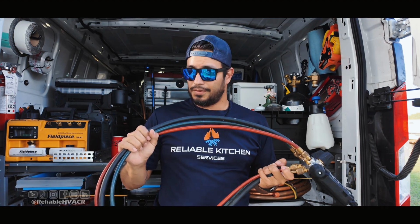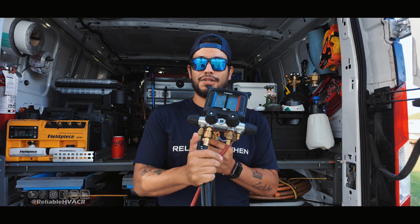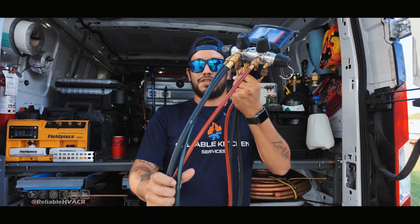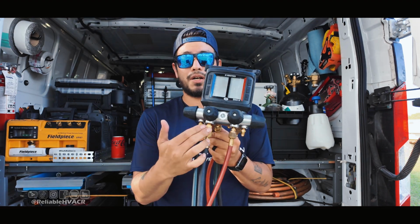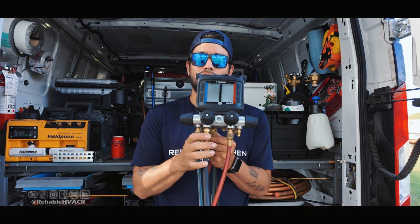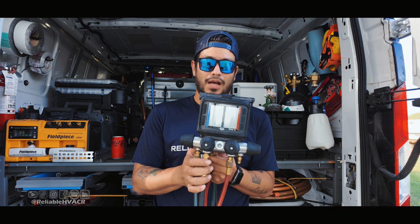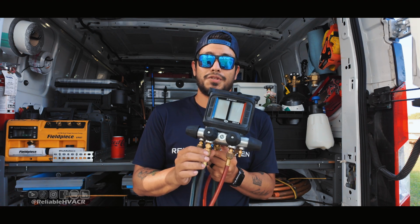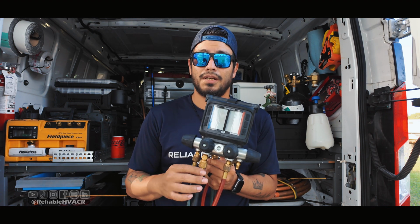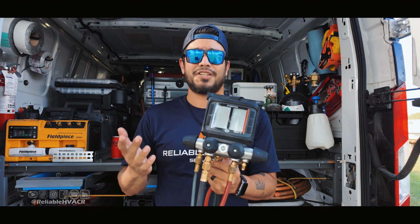They do send you, or at least the kit I got, they do send you the hoses, right? So as you can see, I'm missing one. This is a 4-port with a vacuum setup. So if I'm being honest with you guys, you could use your manifold for a vacuum. I'm not using that unless I'm working on a reach-in, a very small under counter or kitchen equipment where